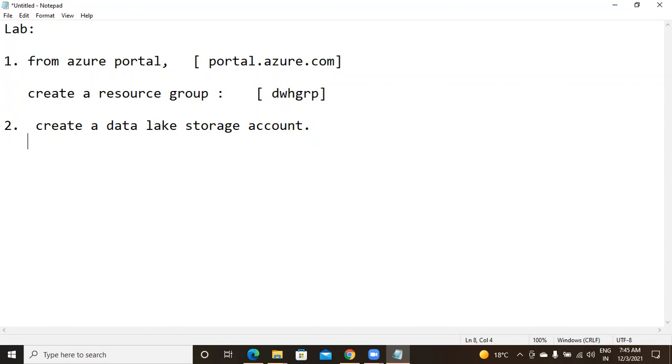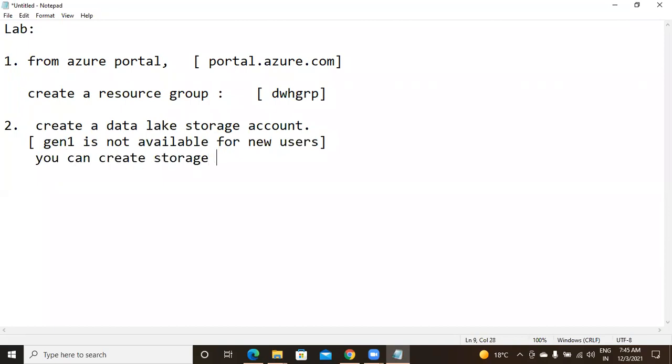For the new users, only Gen 2 is available. So I am writing the same information. Gen 1 users can create storage account only for data lake Gen 2. So how to create, you just observe in the lab.